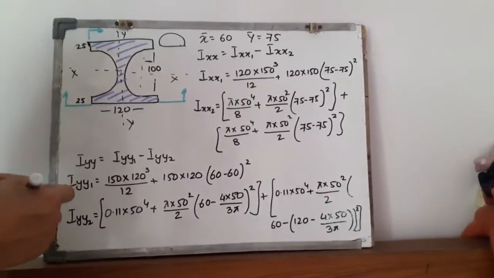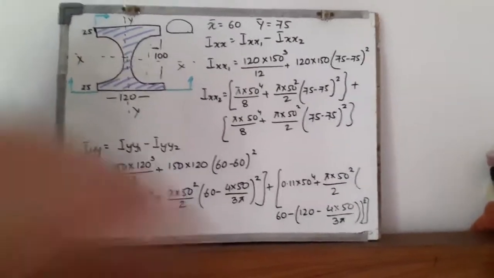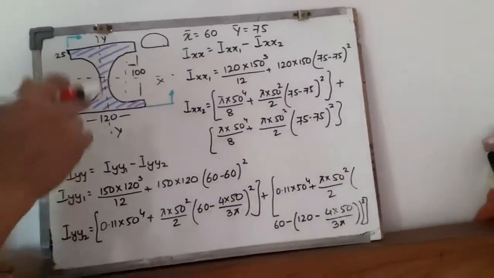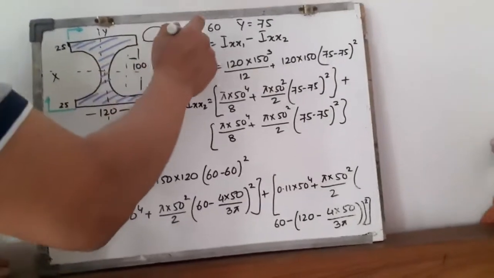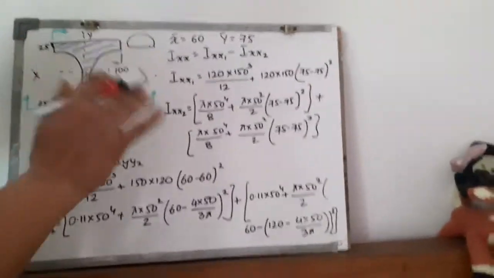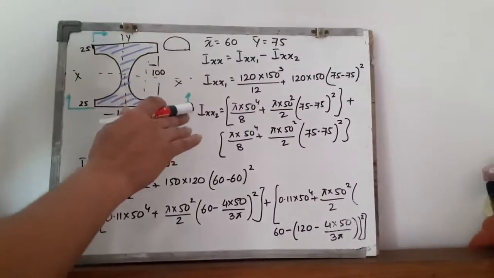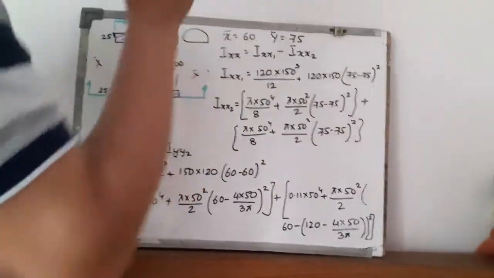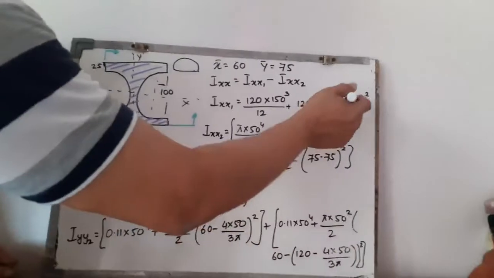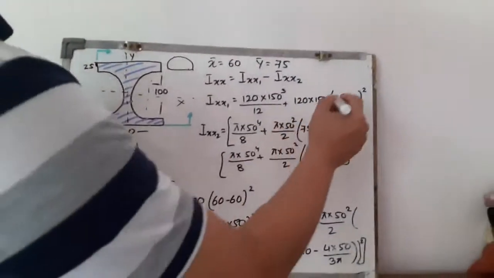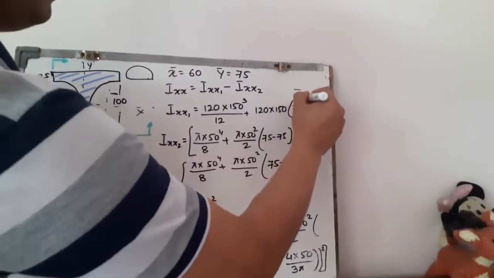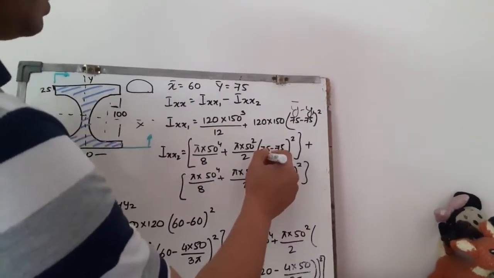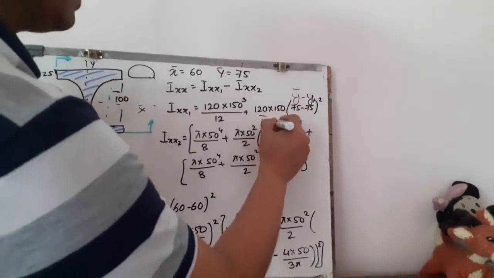Now in the problem so far you can very well see that if you need to find out the moment of inertia about the centroidal axis, then x bar and y bar have to be found out properly, clearly and without any mistake. Now look at these terms. Also compare them with the previous two problems. If you compare, you will see that these values are actually y bar minus y1. If you look at this value, this is y bar minus y2.